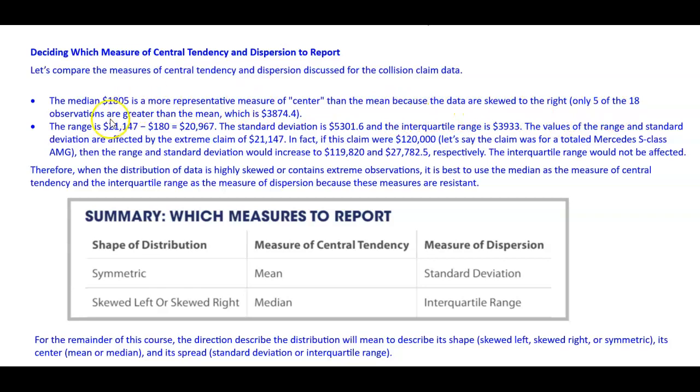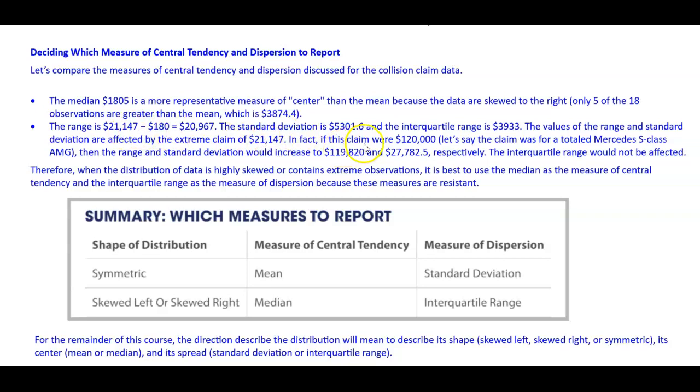Only 5 of the 18 observations are greater than the mean, which is 3,874.4. Now, the range is 21,147 minus 180, which is 20,967. The standard deviation is 5,301.6, and the interquartile range is 3,933. The values of the range and standard deviation are affected by the extreme claim of